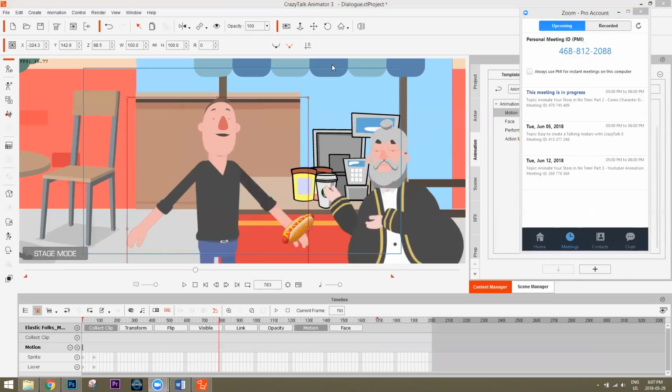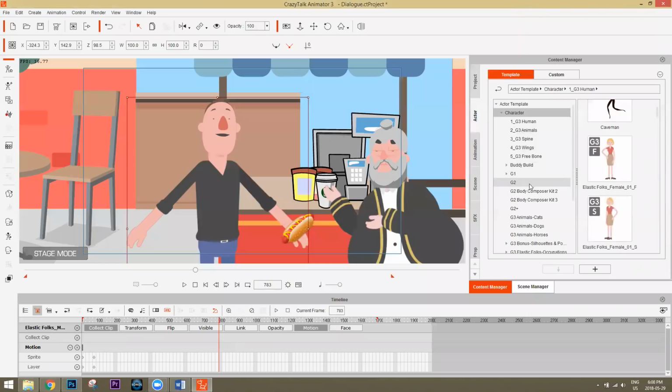Subdiacon asks, is it possible to import movements from iClone in a useful way? Yes, unfortunately the G3 characters which I'm using are not compatible with iClone motions. But with the G2 characters, you can import an iClone motion to your G2 characters, and they can use 3D animation.